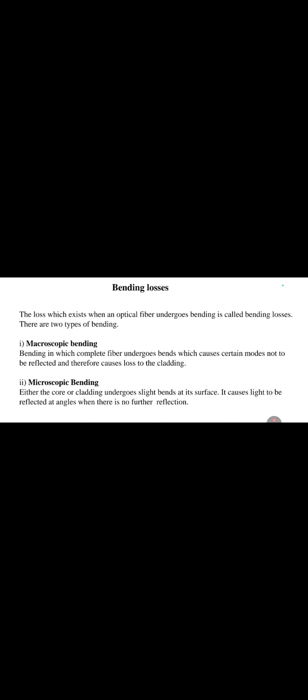Macroscopic and microscopic bending. Macroscopic bending, in which the complete fiber undergoes bends, which causes certain modes not to be reflected and therefore causes loss into the cladding. Microscopic, in which either the core or cladding undergoes slight bend at its surface. This is the figure which shows macroscopic and microscopic bending, and I think it is better understood with the help of